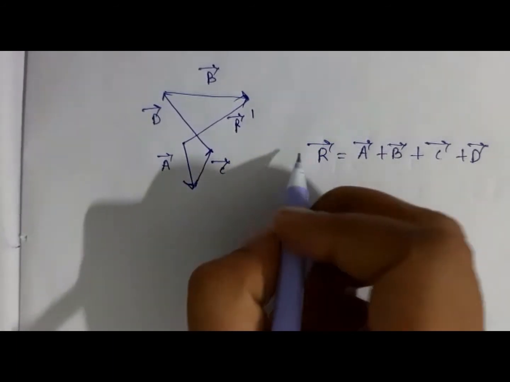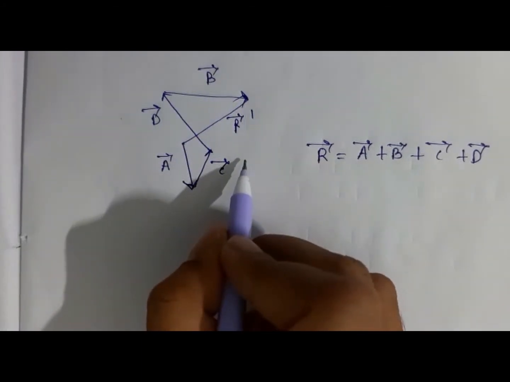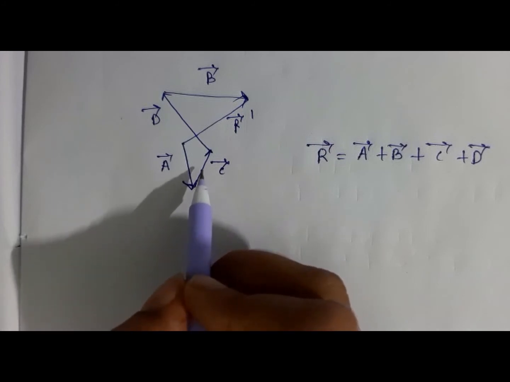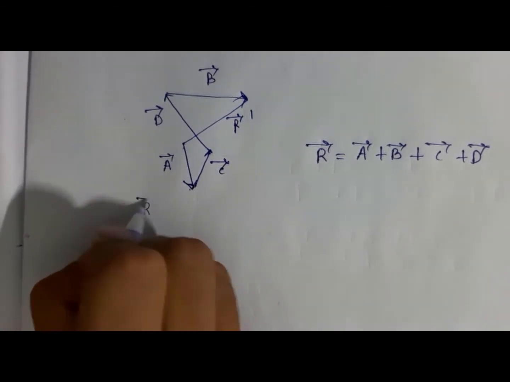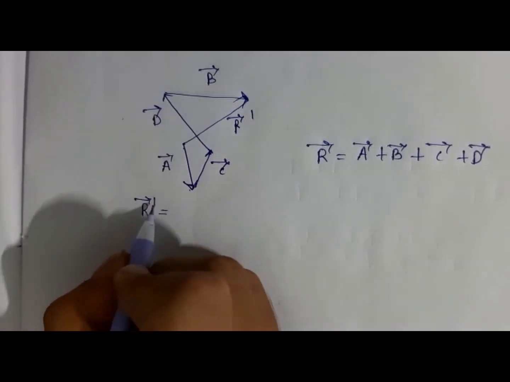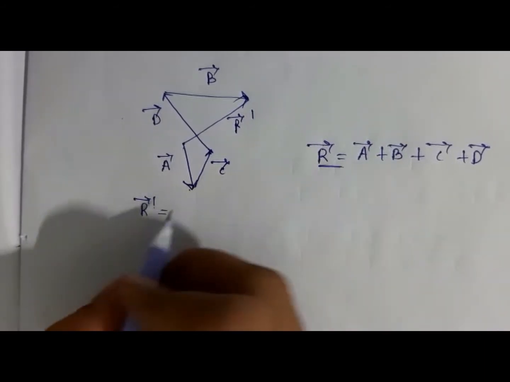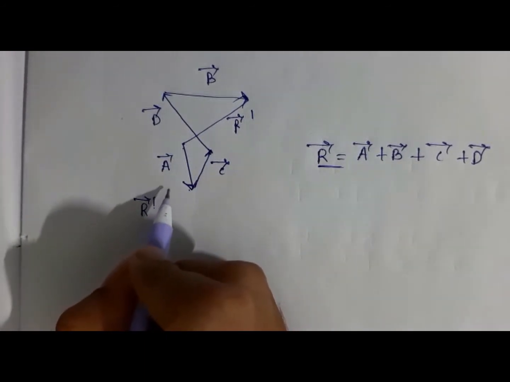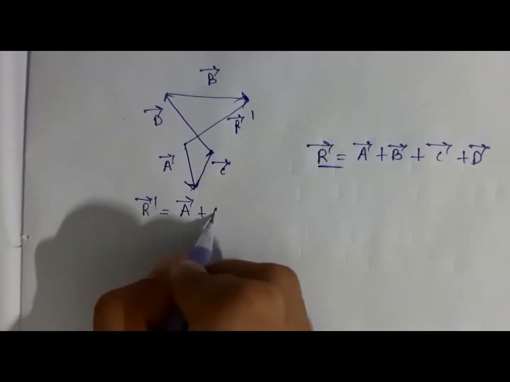Okay, you can do it another way. Here you see, first of all you can add this C vector with your A vector. I am naming this R prime, as the first one was R, which I drew for the first figure. Here, first I add these two, so my A vector plus C vector.